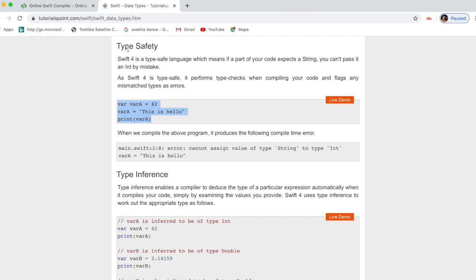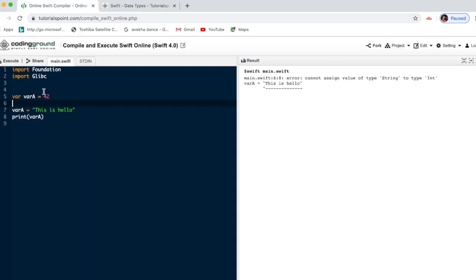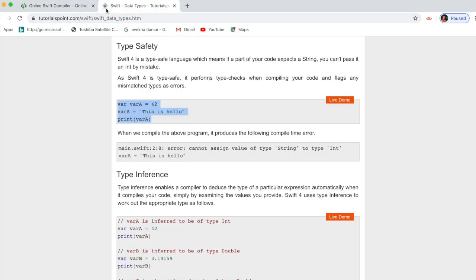So that is the main thing about type safety. You can't pass the value, you can't pass it an int by mistake. That is the main thing. Whatever we have already declared, if it is int, then by mistake we can't send a string value. In the same way, if I declare it as a string, then we can't pass it as int.